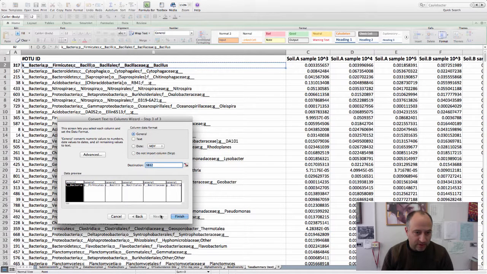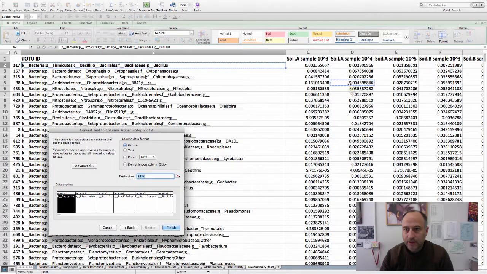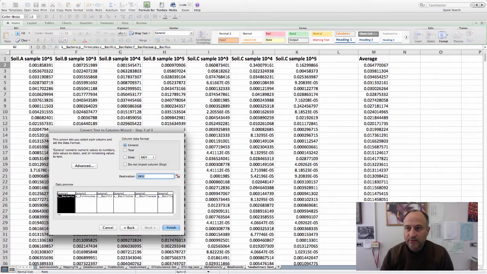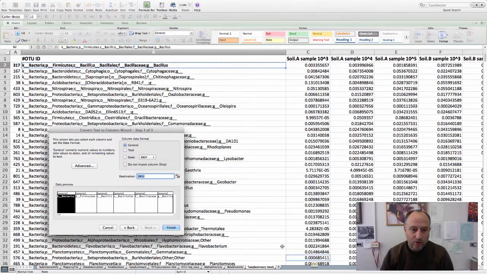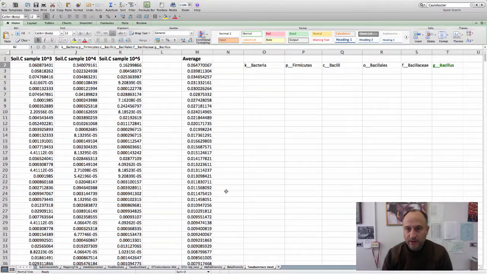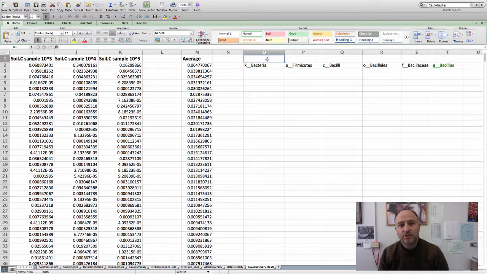We'll leave this the same, but we don't want the destination to be the same place where we are. We are in B2 and we don't want that. So let's see if I can move this to the other side of average. Let's go to O. We'll give ourselves some space. So we'll go to O2. I'm just going to delete that and put in O. Hit finish. And let's see if that works. So if we go over here, yeah, okay. So now we have each of those separate, and we can